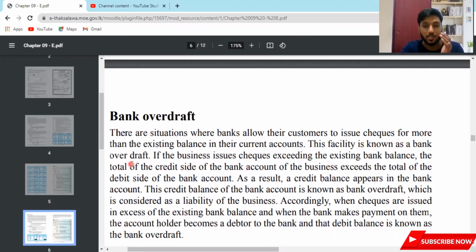This definition has been asked in many past papers. And why does the examiner ask about bank overdraft? What is bank overdraft? How do bank overdrafts work? All these types of questions I've seen in MCQs. Trust me, guys, this is a very important area you need to know when you are scoring in your O-level paper.